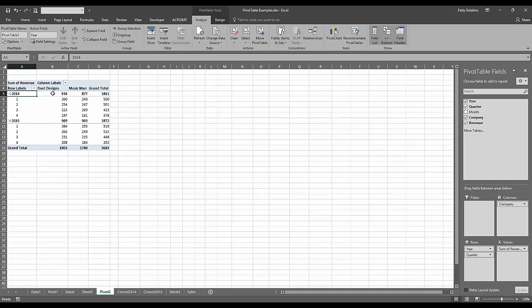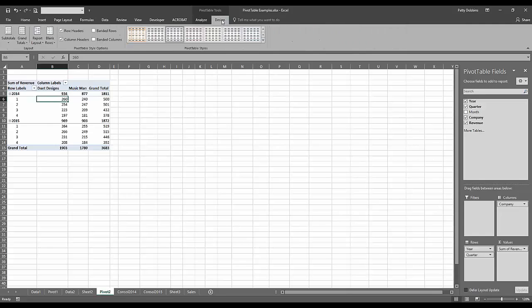And one of the things, it's a preference, but one of the options is to have the subtotals on the same row as the group. And the way that I'm used to seeing my subtotals is at the bottom of my data. So for me, I like to switch that around. And one of the ways I can do that, probably the easiest way, is on the Design tab,